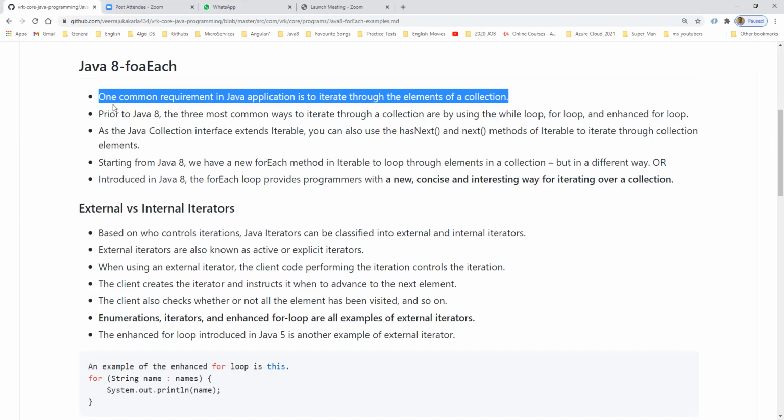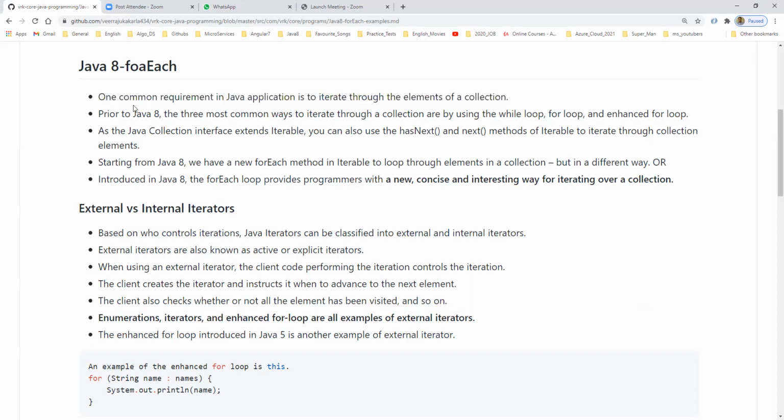Yes, right. So we have a collection of data, and we need to traverse the data before sending it to the front end. We need to traverse the data when we want to do some manipulation on the collection of data. We should know how many elements are coming from the collection data. We should traverse or iterate the collection of data. So that is one common requirement. Prior to Java 8, what options were there to iterate a collection?